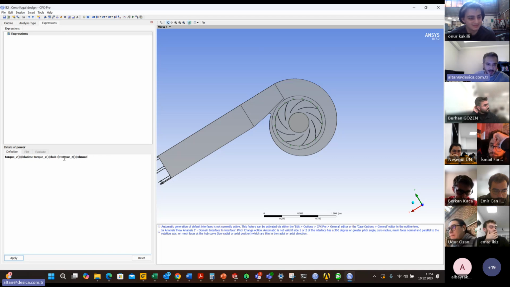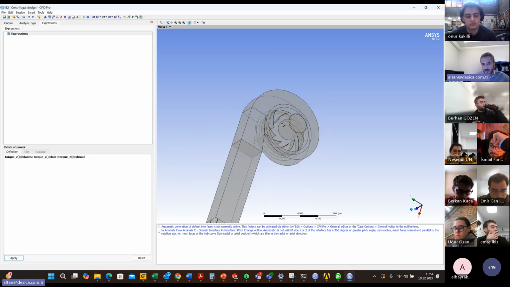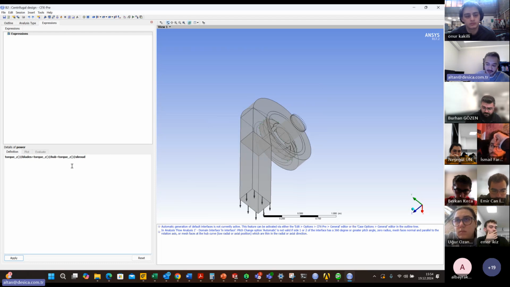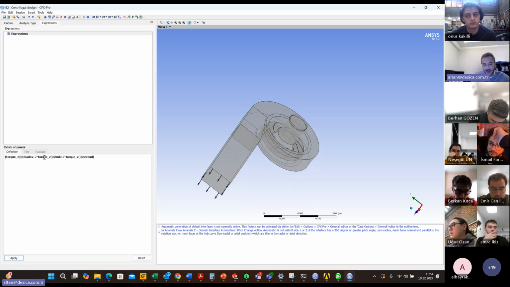If you want more realistic results, there is another surface interacting with the volute in here, but we neglect this domain. So multiplication by 2 for the hub and shroud could give you a more realistic power value, because there's a disk friction outside of the rotor, but we neglect it by not modeling this part. But multiplication by 2 could give you an approximate, more realistic value. Okay, we should